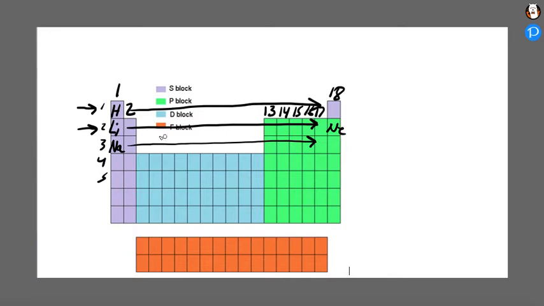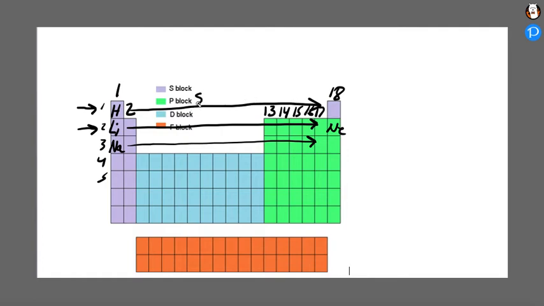Or do you think that the atomic radius will get smaller as we move across a row? And maybe try and think, why would that be? What would cause your atoms to get bigger as you move across? Or if you think that they get smaller, what would be causing that? And what we actually see, in general, the trend is that as we move across a period, what actually happens